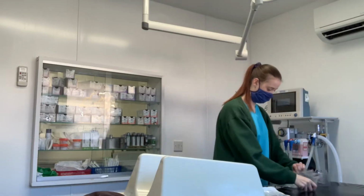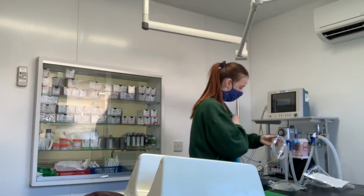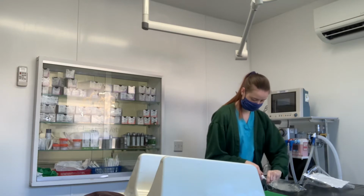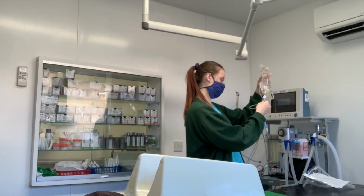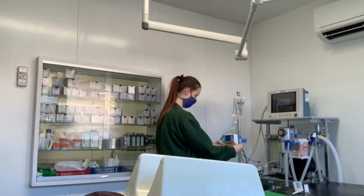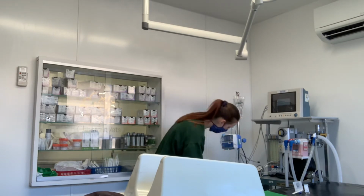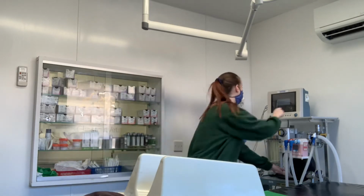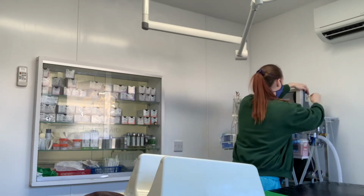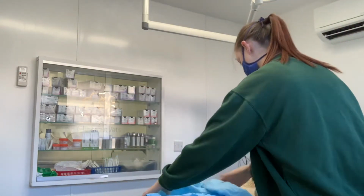Here I am setting up the fluid bag. So we always supply fluids to our patients that are receiving an anaesthetic. And soon I will pop that onto the fluid hanger behind me and connect that to the fluid pump. I usually also try and get the fluid pump set up on the surgical rate for the patient I'm having in. So I do 5 times body weight for dogs and 3 times body weight for cats. And I like to make sure everything's set up so it makes the transition from prep after surgical preparation into theatre as smooth and easy as possible,